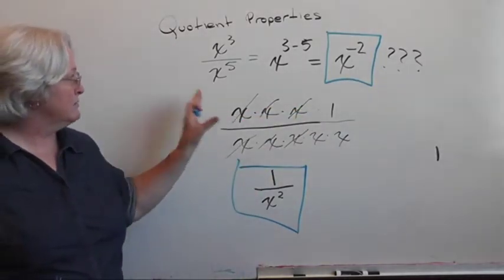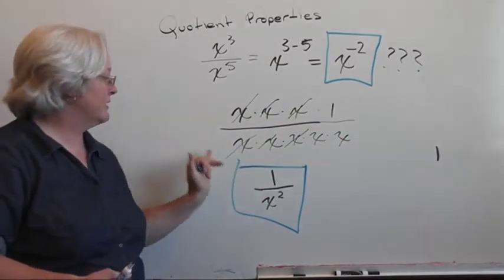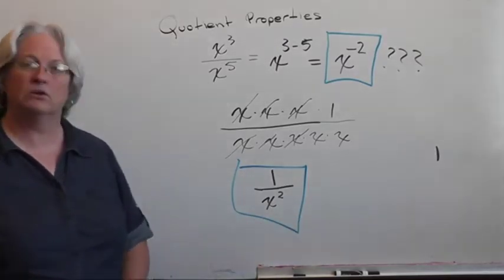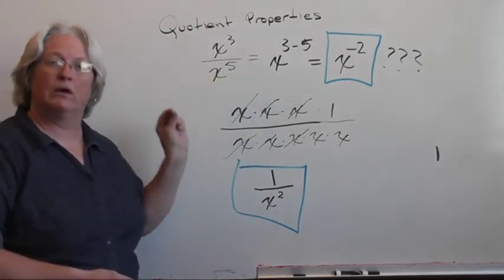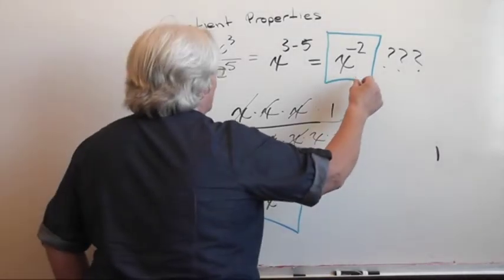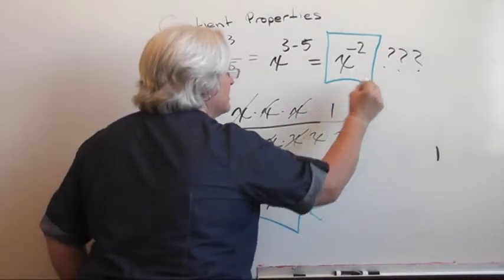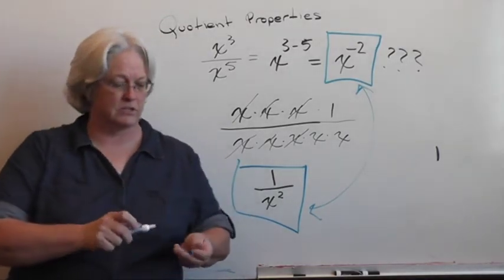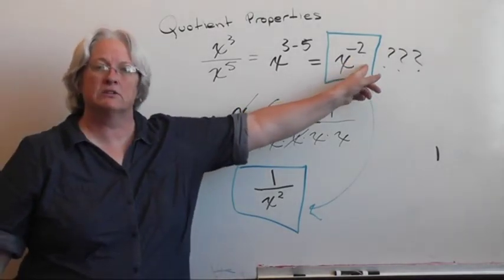Well, when we actually wrote out factors divided by factors, canceled common factors, we found that we got something that looked different. We got 1 over x squared. Both of these methods of solving this problem are equally legitimate, equally valid methods, which means that our 2 separate answers are equally valid answers. So what that means is if you have a negative exponent,